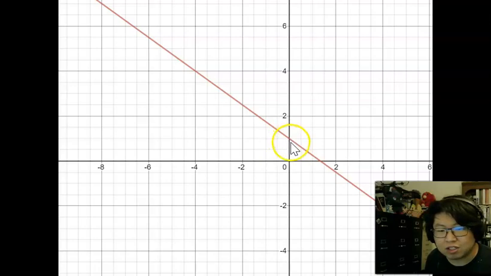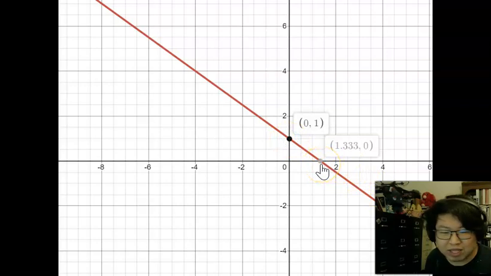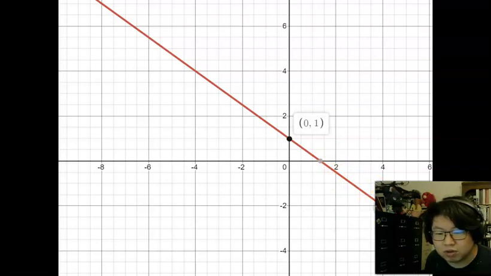So for example, I have this 0 and 1 definitely right here, okay? And then I got this point, but that's going to be a little hard to think about in terms of rise and run. I think I'll go with this 4, -2 point. So if I've got 4, -2, and 0, 1, the change in y, how much I had to go up and down to get to that new point, is a net change of -3. I'm going downwards, right? So that's -3 on the top, and then, left to right, I have a positive gain of 4. So -3 over +4, that is a slope of